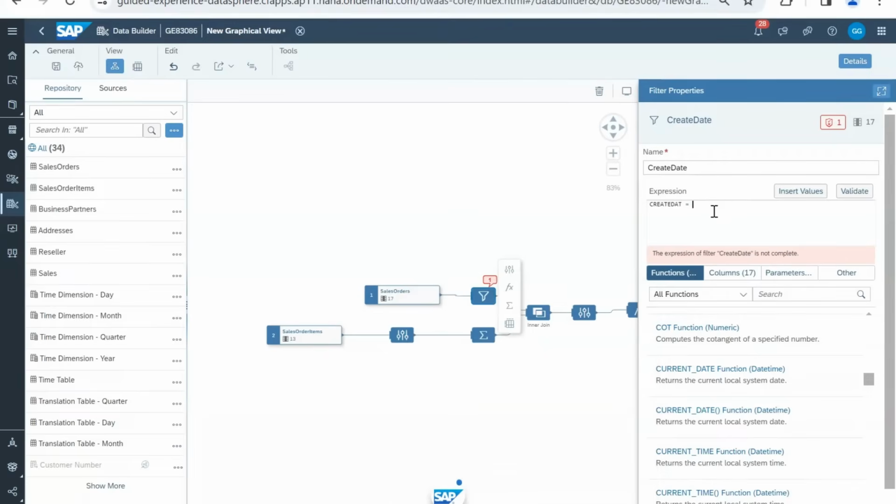So create date equal to, create date less than or equal to this, and create date greater than or equal to current date minus, let's suppose,